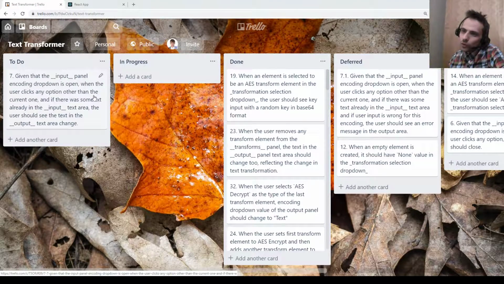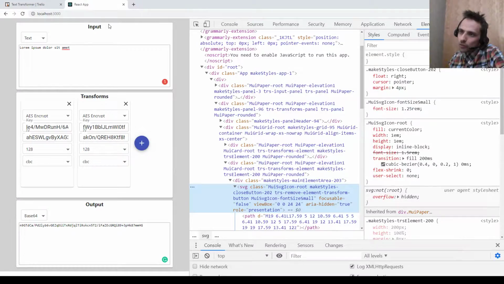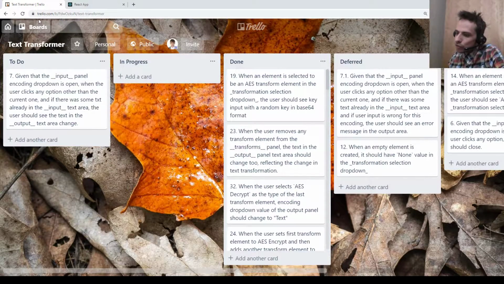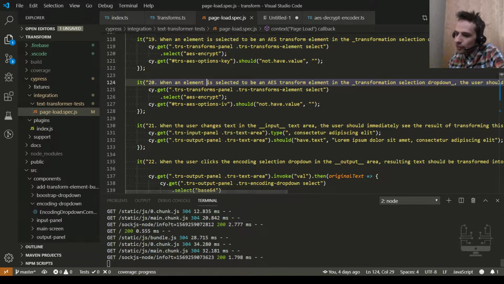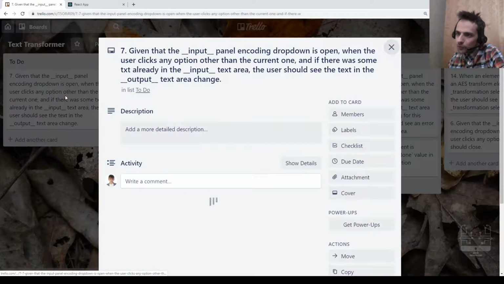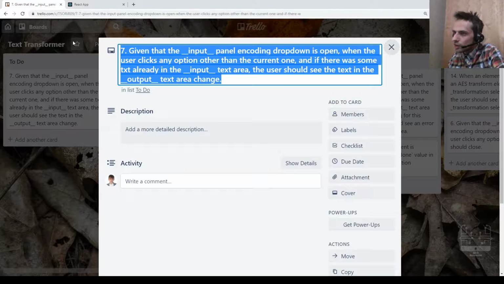So basically when we change encoding in the input area here, then the result here should also change. This is the point of this test. You should normally do this before implementing, but actually this thing is already working anyway for me. So we'll just write a test for this.